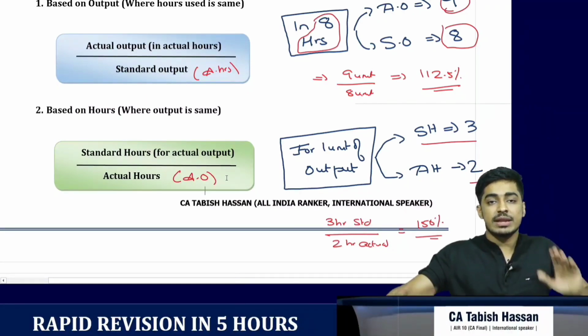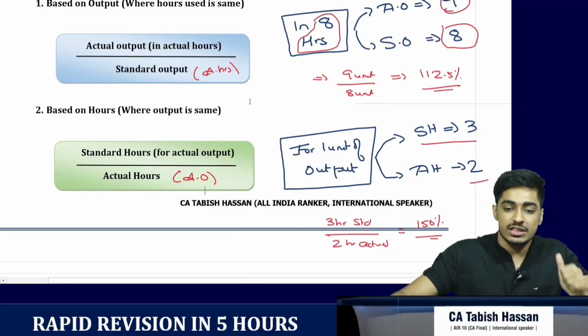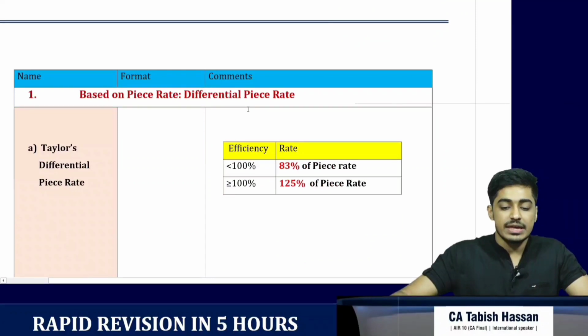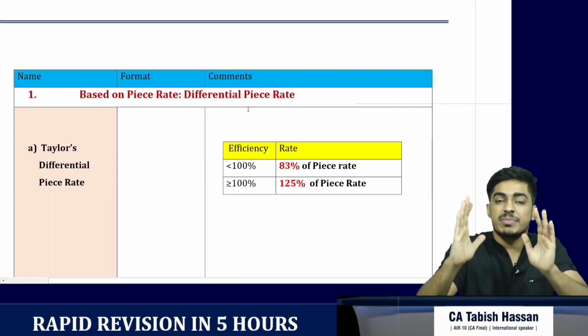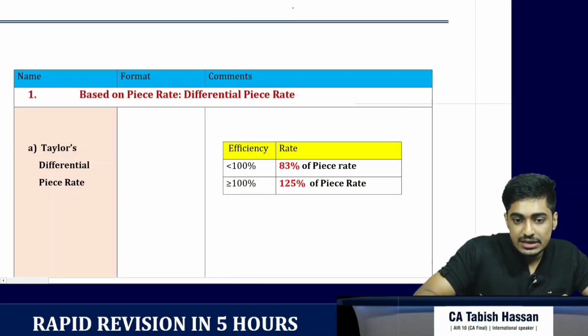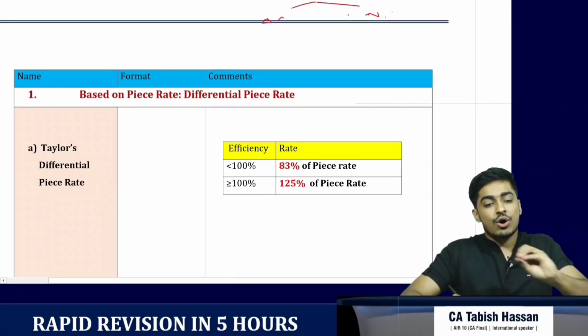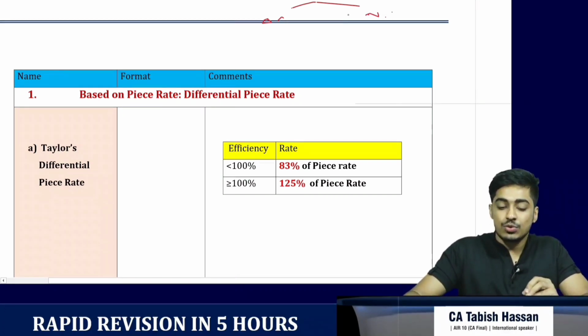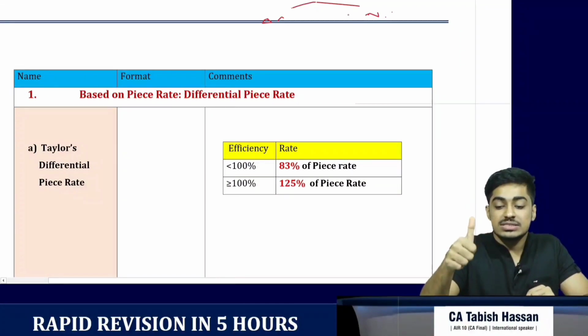Again, don't memorize the formula by heart, just go by the logic. You can create the formula by yourself. Then we have the different methods for payment of wages. Here we have a difference in old course as well as new course. For old course, we have all the payment methods, but for new course, we only have Halsey and Rowan